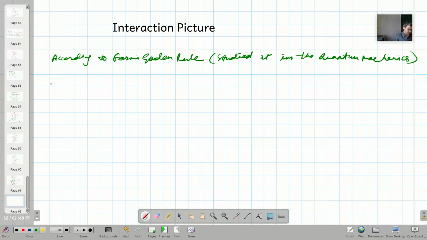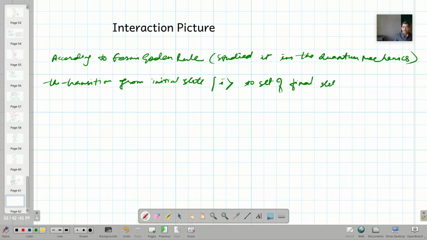So according to Fermi golden rule, the transition from initial state, that is I, represented by ket I, to a set of final states F is given by